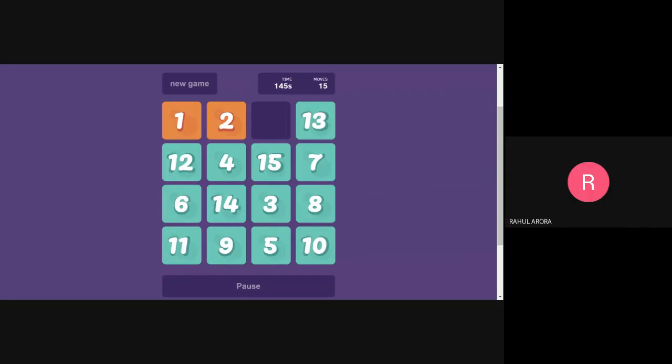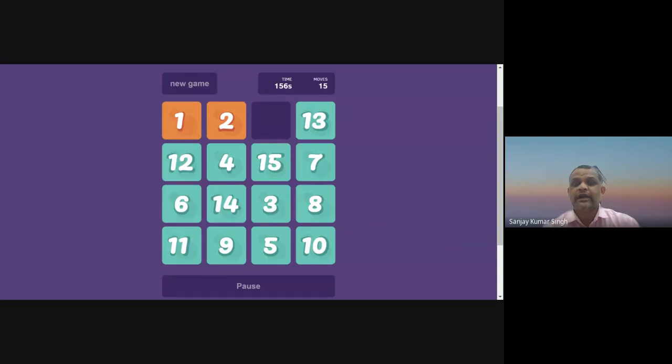Thank you, sir. So I want to ask one question. What is the question basically related to this 15 puzzle problem? Please repeat. The question is, you don't know the positions of the numbers when you start your game. If I arrange them in any random way, can you always arrange them in the order 1, 2, 3, 4, up to 15? That is the question.